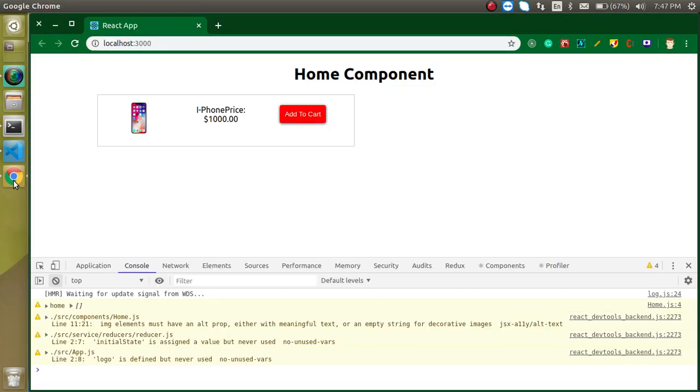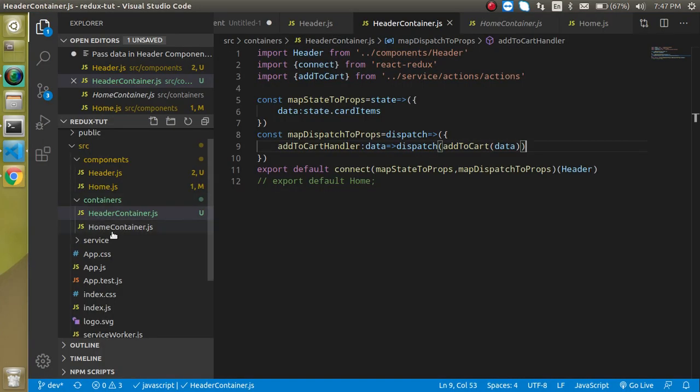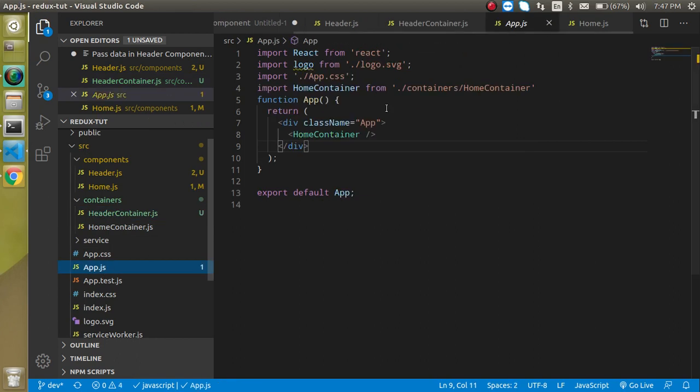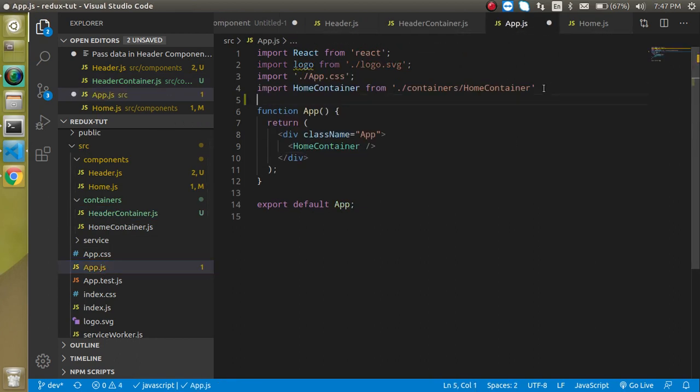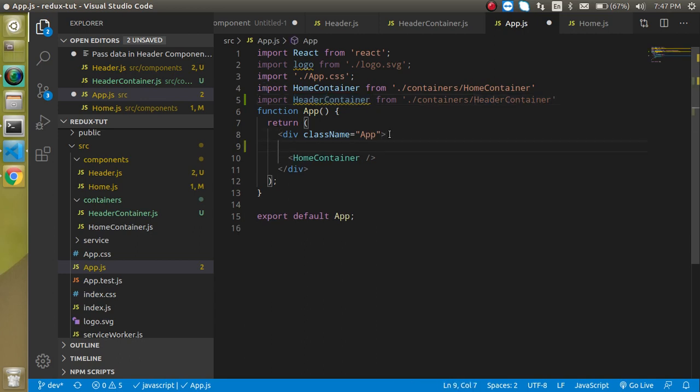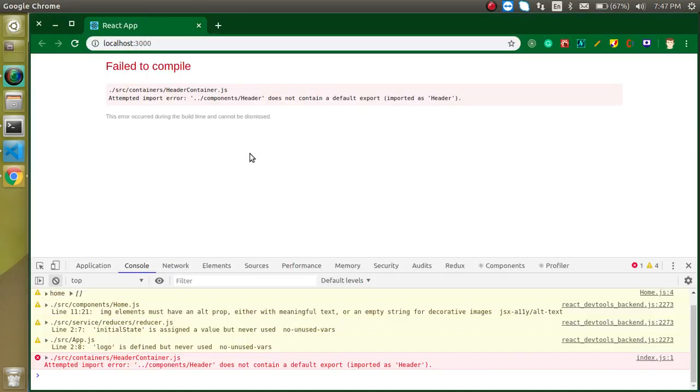Now you can see that we don't have any image here because the header component is not imported yet. So go to the app and write import header container from container, and let's use it like this. Great.